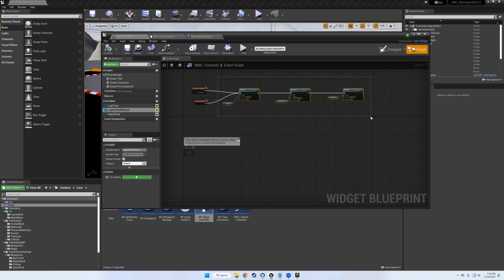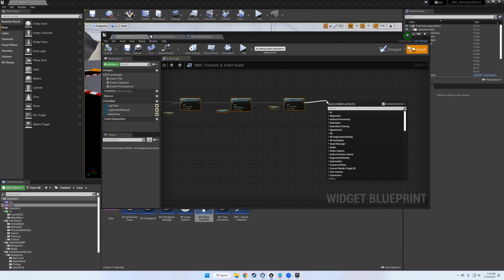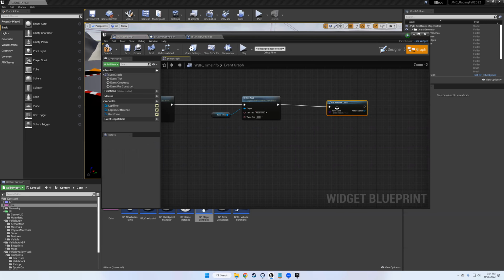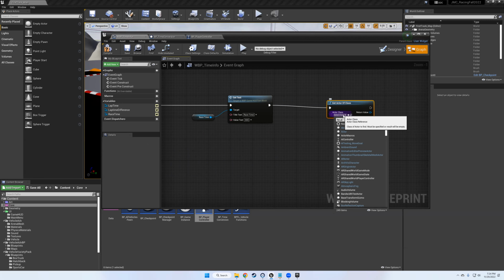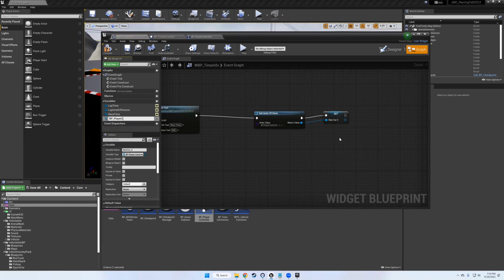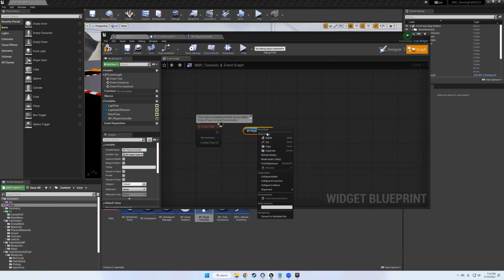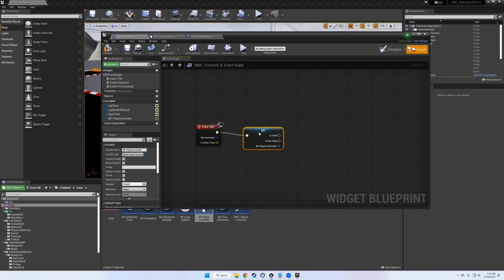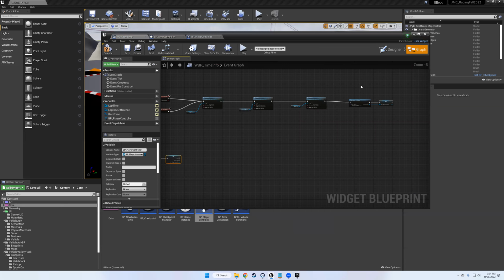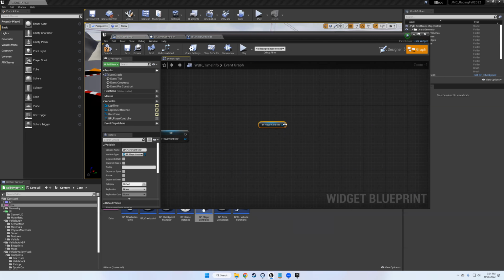We will do this. Oh, we need to get the player controller. So get active class, and it's going to be BP player controller. And promote that to variable BP player controller. And we will do this, again, this is super cheesy and not the best way to do things, but we don't care, we don't have time. So if it's not valid, then we will find the valid one. And then once we have the valid one, we're going to,